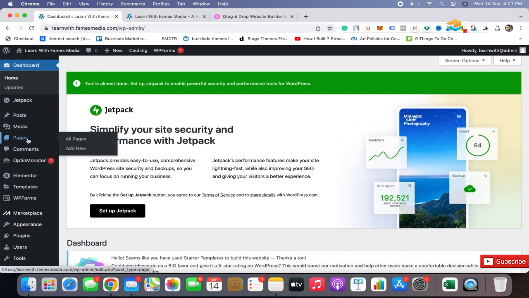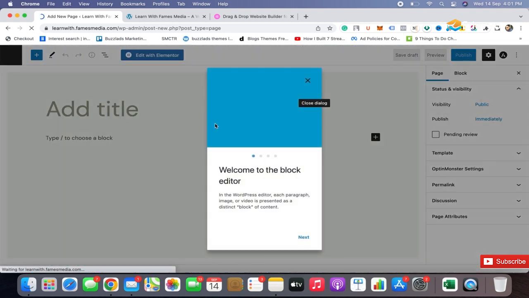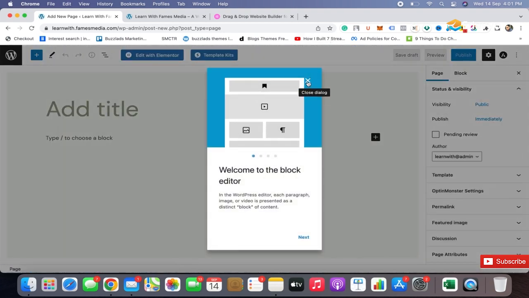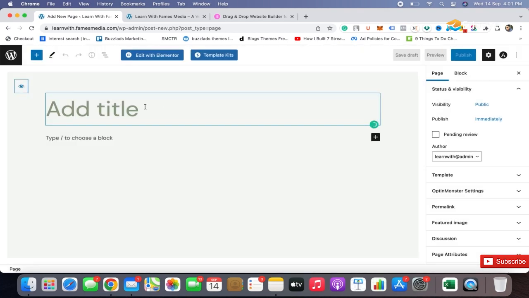So as you can see that we have multiple pages options here, like all pages and add new. So we are just going to create a add new page over here. Click onto that and this is going to lead you onto something like this. So you just need to close this dialog box and we just need to name this. So in order to name this, we just need to click on to, let's write learn